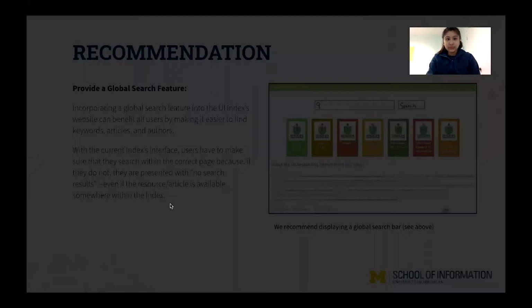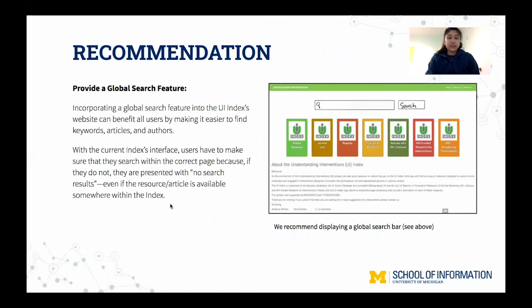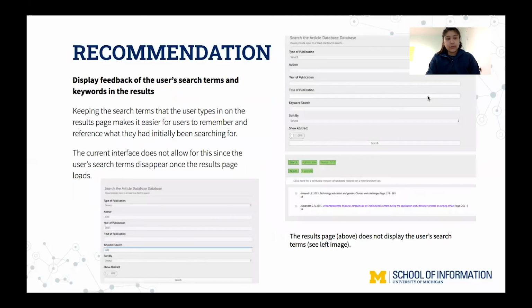So I will be discussing the top 3 recommendations. So that would be providing a global search feature or displayed as a search box at the very top of the UI index. We also recommend displaying the feedback of the UI's users' search terms and keywords on the results page, because currently that is